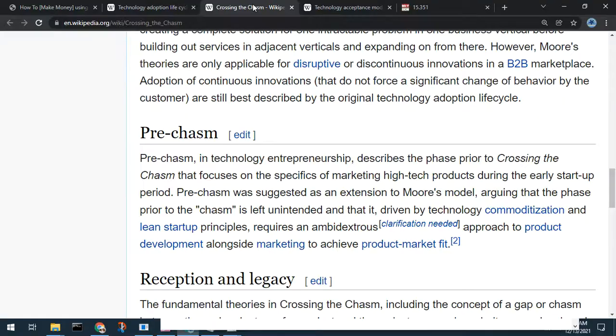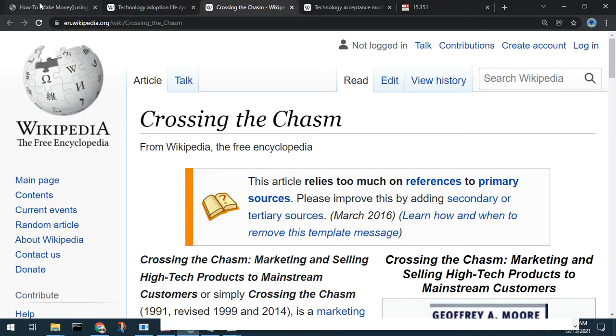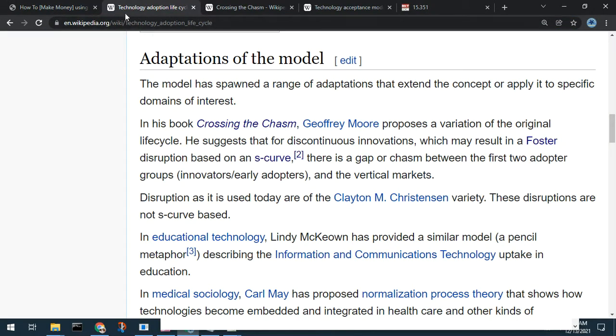We'll now talk about S-curves and the technology acceptance model and what all that means, and how you can also use that information to help you evaluate these stocks, and also how to trade them in the different phases of this technology adoption life cycle. So you also see in the definition of this technology adoption life cycle, it suggests that for discontinuous innovations, technological innovations, they're often